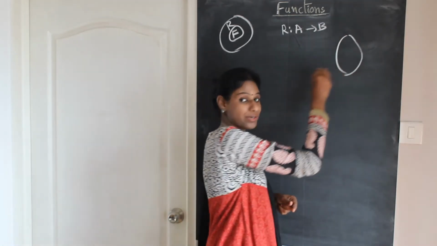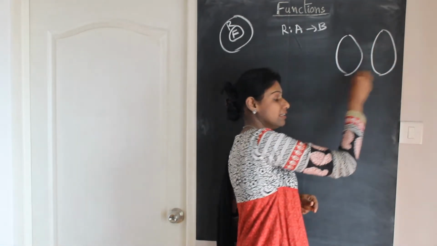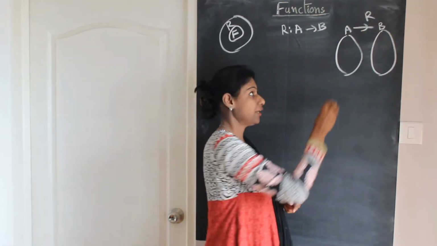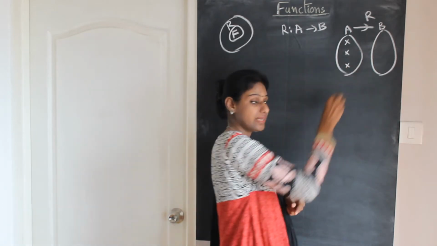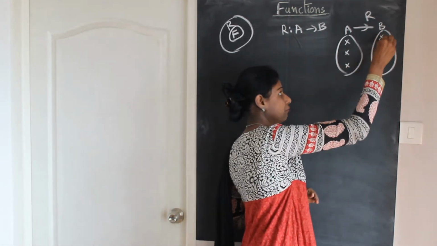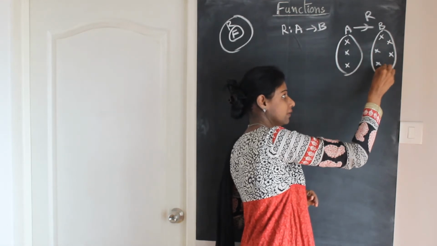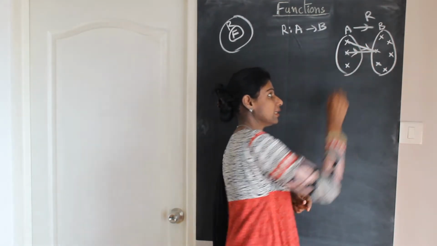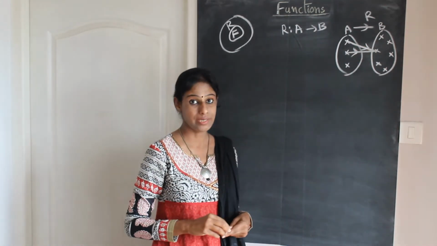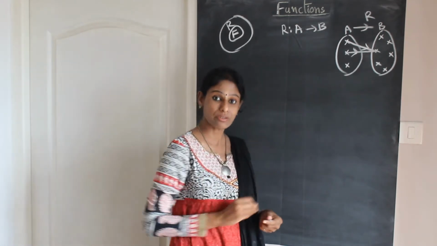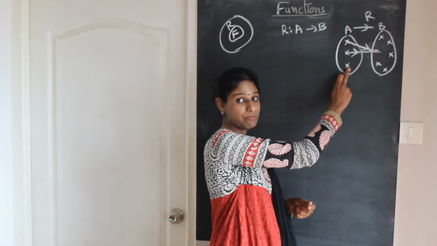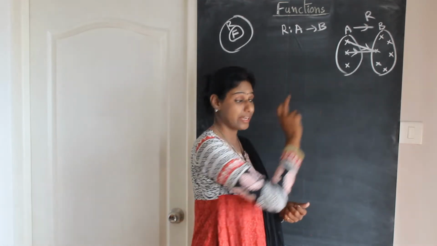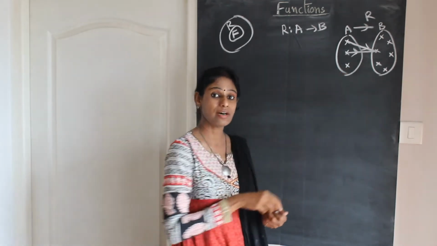Now here this is the arrow diagram of a relation. Two sets A and B, where there is a relation from A to B. This is the domain. I have taken three elements in the domain and a few elements in the codomain. Now, this is a relation from A to B. But this is not a function because you can see an element without an image. So this element has no image, which is against the definition of a function. So this is not a function.